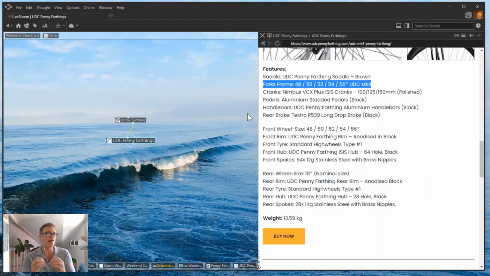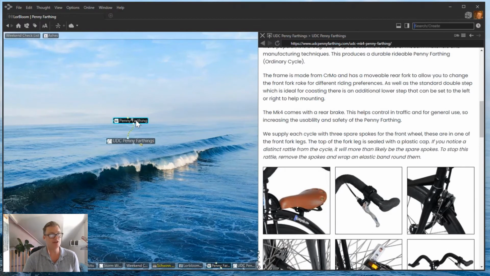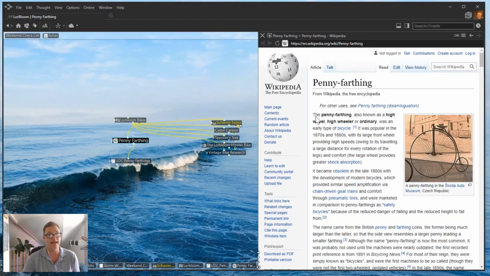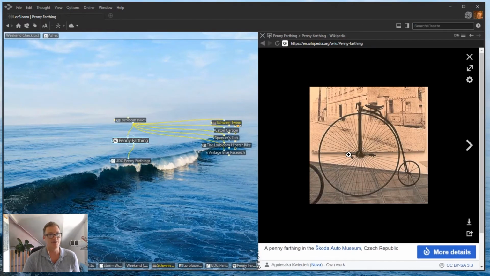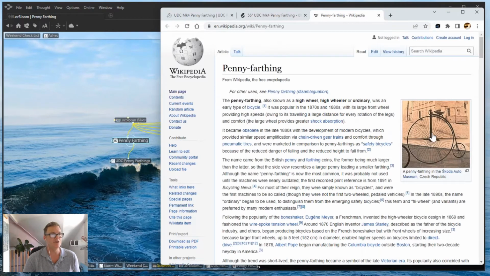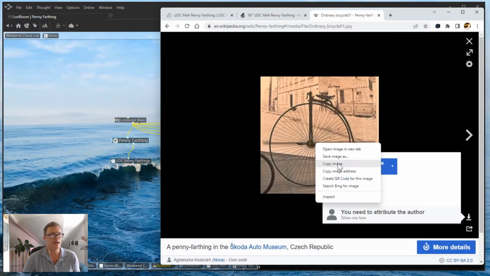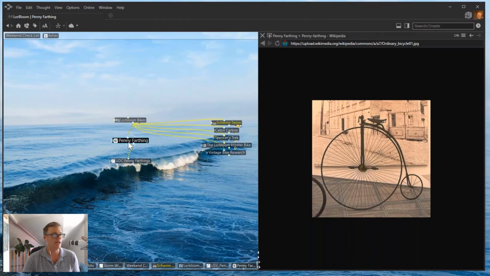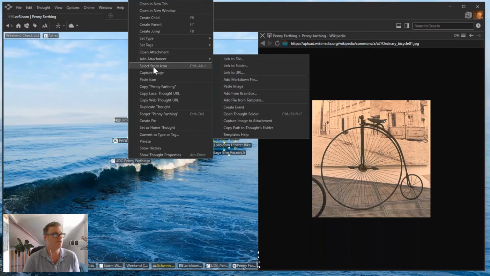So that's a key ingredient for me, not always just dragging and dropping web pages into the brain, but finding the key little piece of information, the data, the text, the graphic, and pasting that into the brain. Maybe I just want a picture of a penny farthing as a zoomable icon. So I'm going to right click and copy this. Oh, I can't do it. Oh, here, let's pop it out into a new window. There we go. And I'm going to copy that image and right click, and I'm going to paste